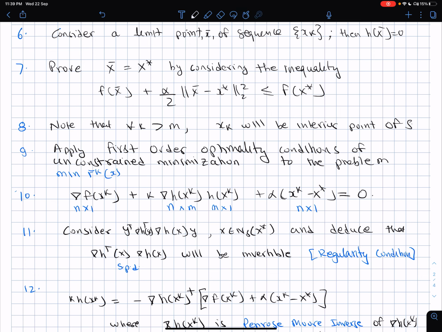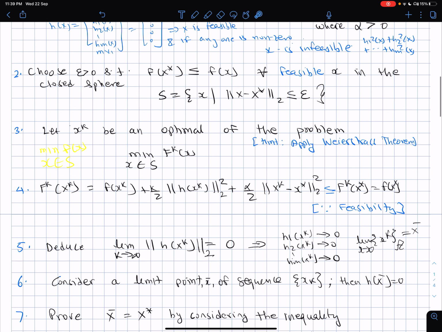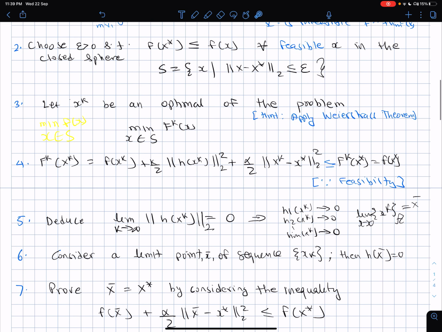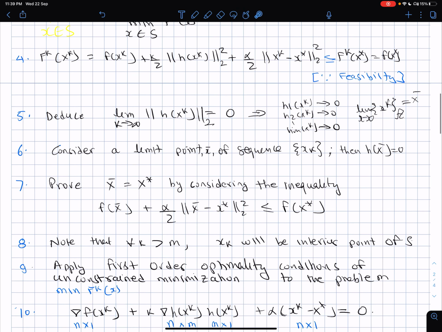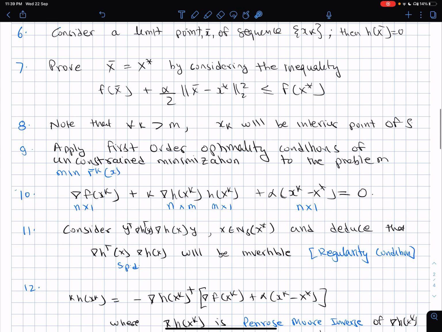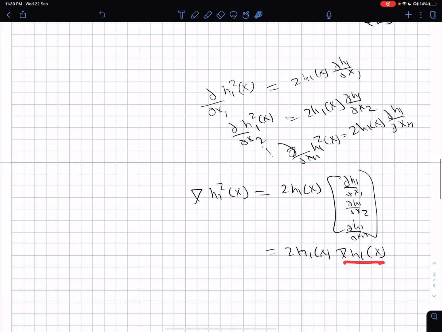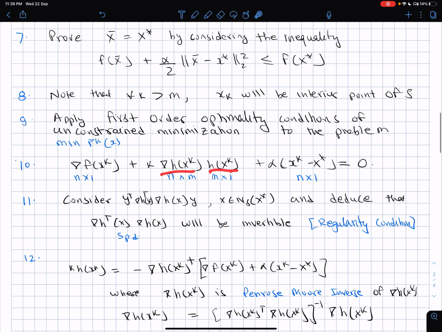And k is just a scalar, so it doesn't play any role. And this 2, the scalar 2, got cancelled with this 2. So actually the scalar multiplier was k by 2. 2 got cancelled, so I got k here. This is a scalar and this is that vector. So you could write it like this, or you could take this on this side. It doesn't matter because it's just a scalar.